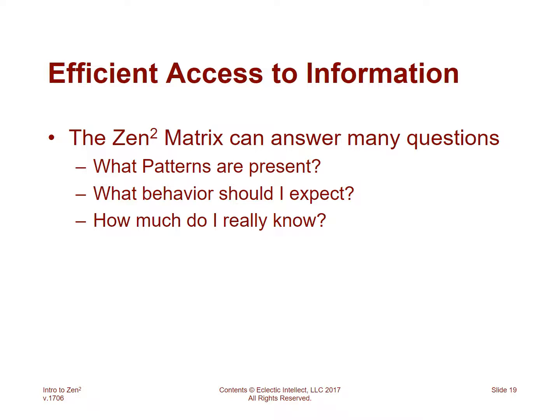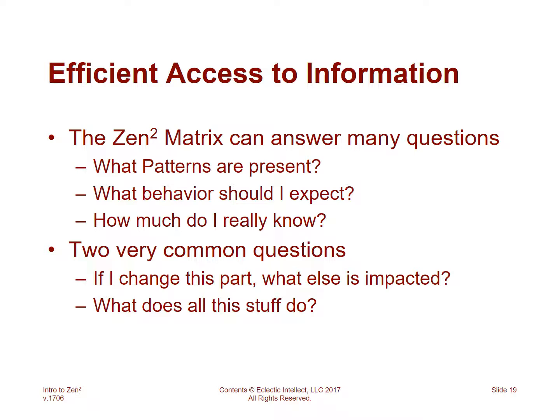You can also figure out what behavior I should expect from the system. Another really valuable one is understanding how much do you really know about a product, a venture, or a particular circumstance. A mind map won't tell you that, but the Zen-squared map will. There are 2 very common questions that come up. If I change one element of the system or one part in a device, what gets impacted? Anyone who's ever run changes in an engineering environment knows exactly how difficult it can be to chase down all of those relationships and linkages. A Zen-squared matrix stores them all. You can change any part in a system and you can see exactly what it impacts from that. You can also then describe what all of the stuff in the black box does without necessarily having to go into all of the gory details of what each part and piece does.